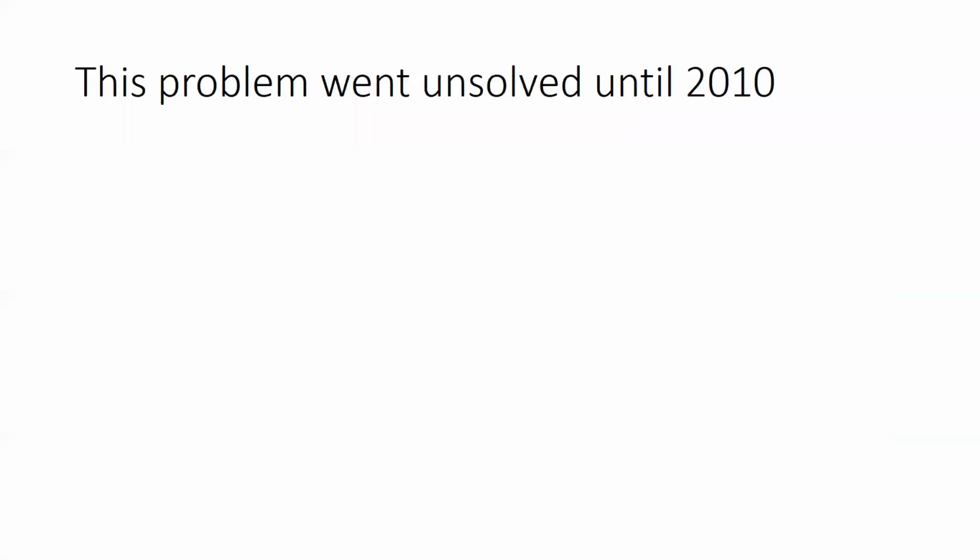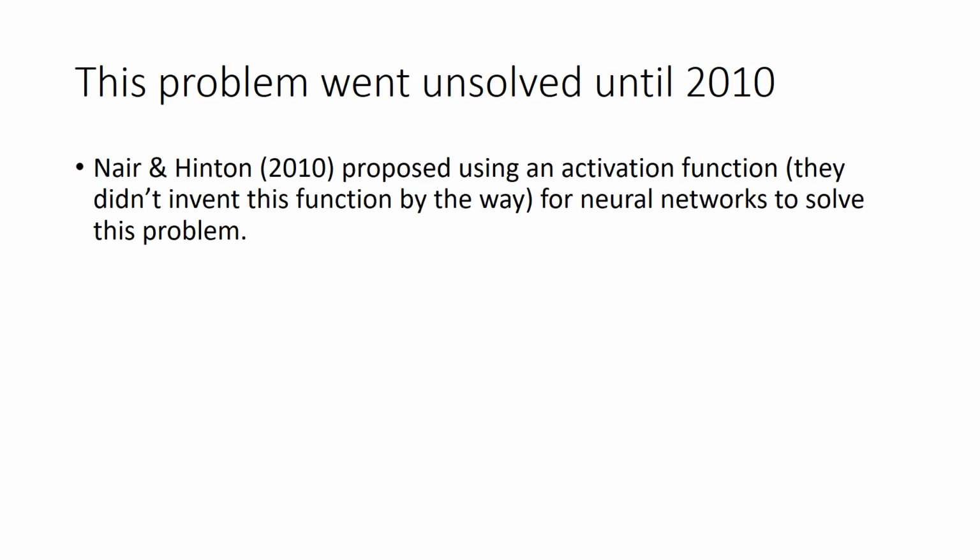So yeah, actually deep learning is quite new. We've talked about a lot of these machine learning algorithms that are quite old. Conditional probabilities and Bayes theorem, that was, if I remember off the top of my head, 1758, and the ideas behind neural networks go back to the 50s. And so this problem went unsolved until about 2010. There were actually 2 papers in 2009, 2010, but I think Nair and Hinton